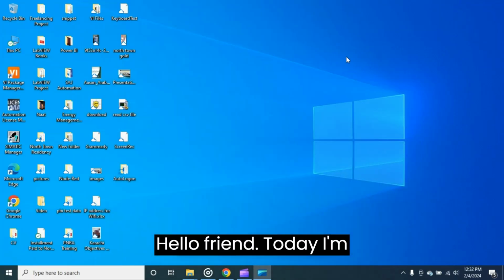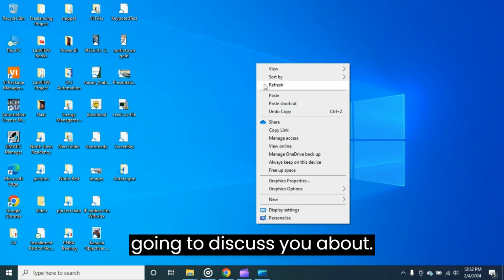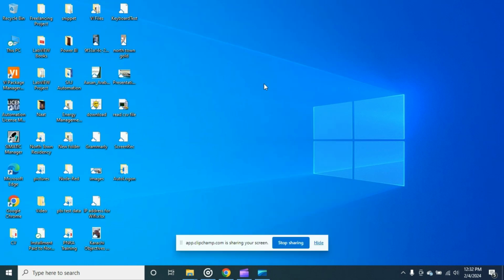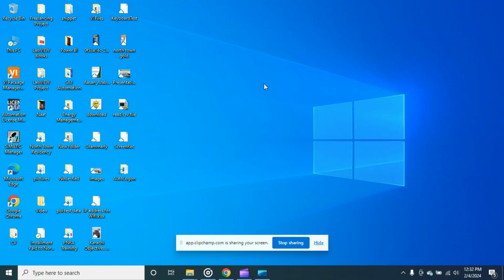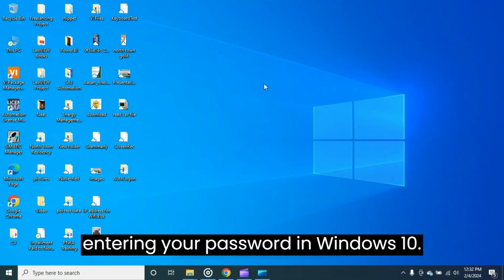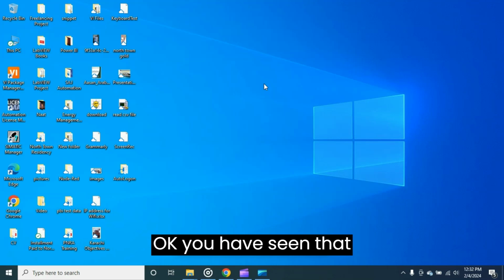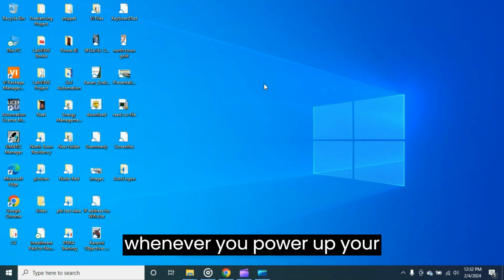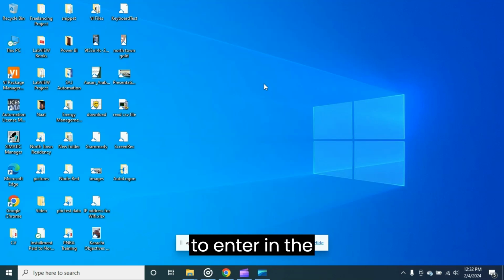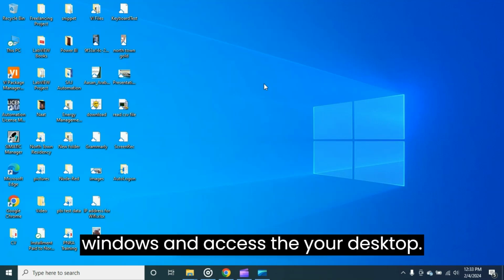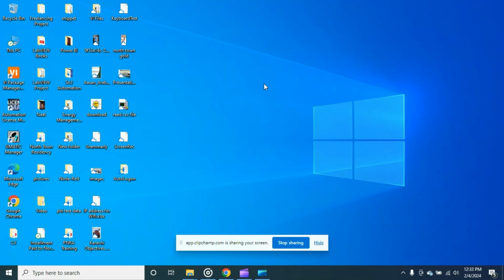Hello friend. Today I am going to discuss how you can log in without entering your password in Windows 10. You have seen that whenever you power up your computer or laptop, you have to enter your login password in order to enter Windows and access your desktop. So